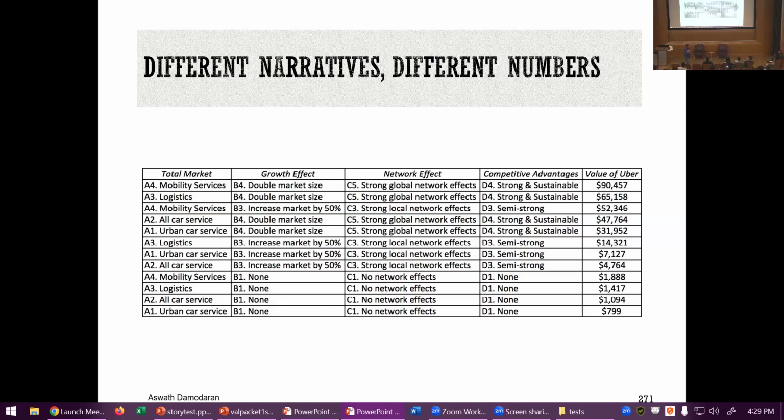So with each one, I let people pick their choices. And at the end, I came up with the value depending on the choices that people pick. And guess what? Depending on your story, your value can be anywhere from 800 million to 90 billion. Doesn't mean they're all viable, but they're clearly stories which are more plausible than others. But with young companies, you can see why there's divergence across stories, because there's so much of the book still waiting to be written.